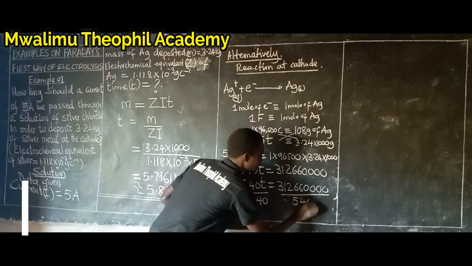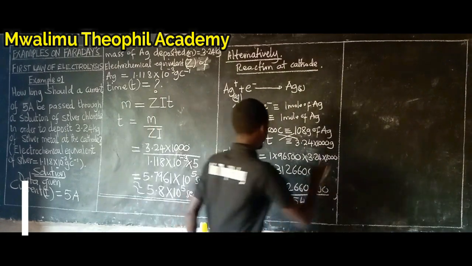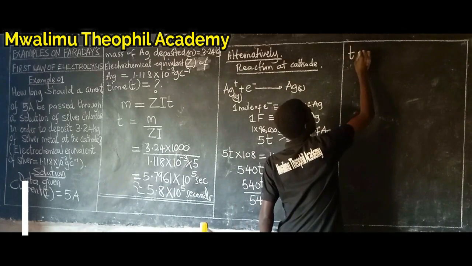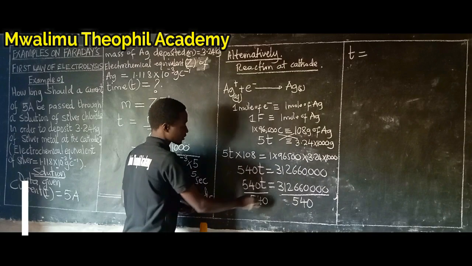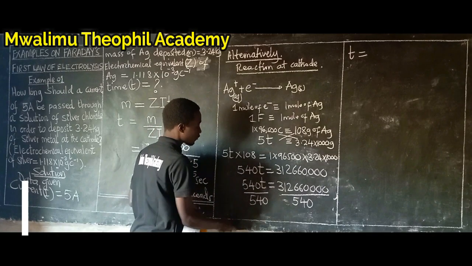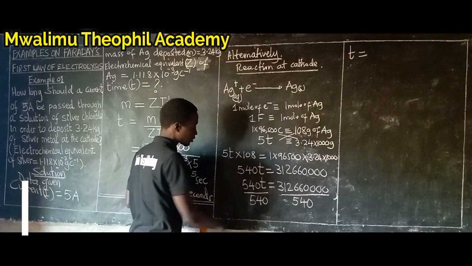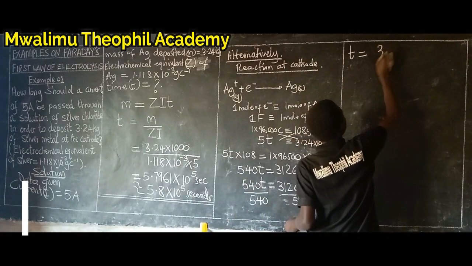540 on both sides. Now we are going to get t. What is the value of t? t will be equal to, let us divide. Now on this side we are going to cancel out 540. Here we are going to remain with the t. Now our t will be equal to